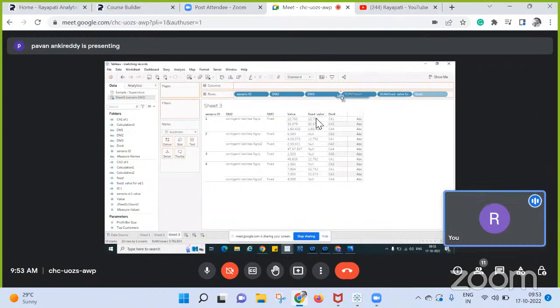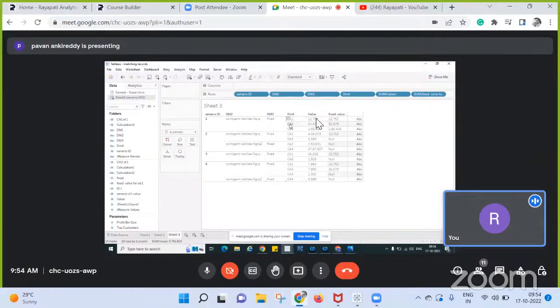Yeah, because for your NGRP2, the DM2 value is changing, NGRP and NGRP2. The DM2 value is not the same for CA2. That is why you are getting a null. So you have to get your data structure, it should replace with this value if it matches the criteria. It is DM2 is not the same for the first row. Whatever you have in the first row, DM2 first row, contingent liabilities NGRP,